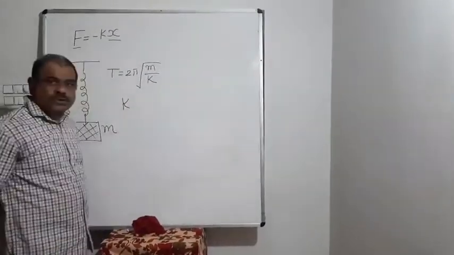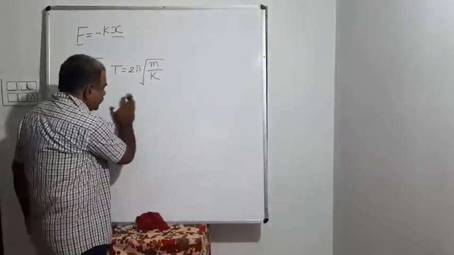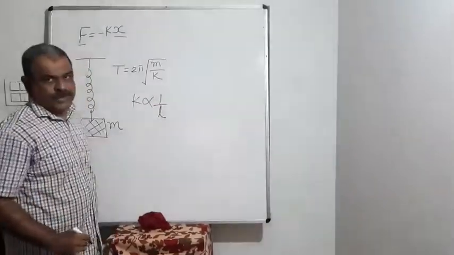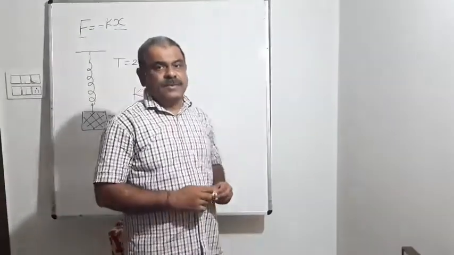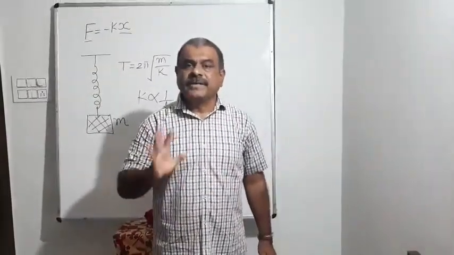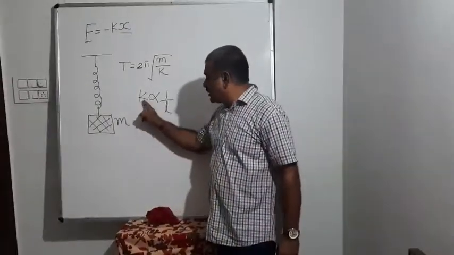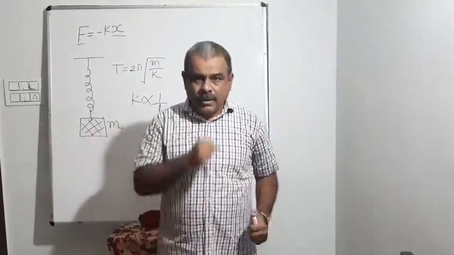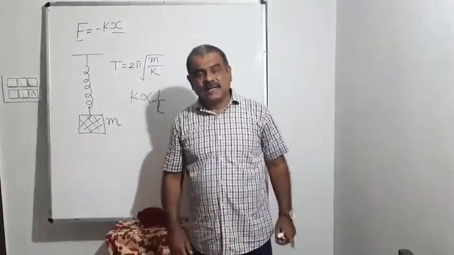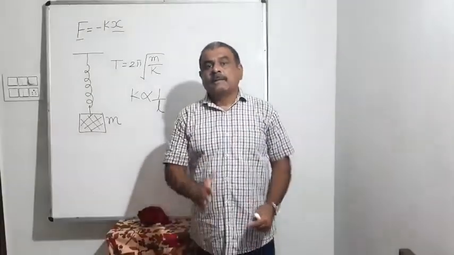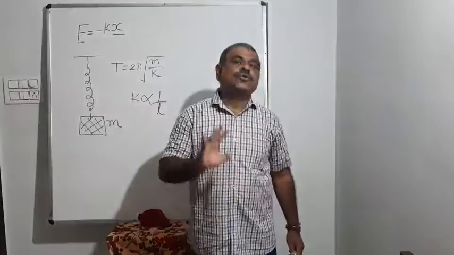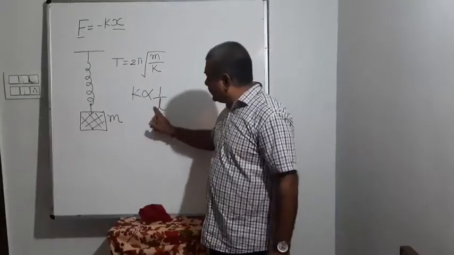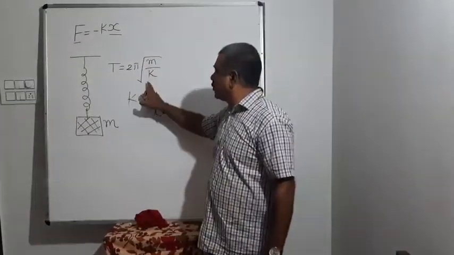if K is the force constant of the spring, then the force constant of the spring is always inversely proportional to the normal length of the spring. When I say normal length of the spring, it is the unstretched or uncompressed length. Force constant is inversely proportional to normal length, in the sense, if I stretch or compress the spring, in that case the length of the spring changes, but that won't affect the force constant. But if I cut the spring, then yes, the force constant will change. So you may have some question from this. They will club this concept with this: T is equal to 2π under root of m by k.